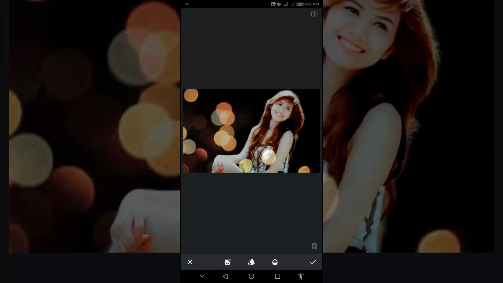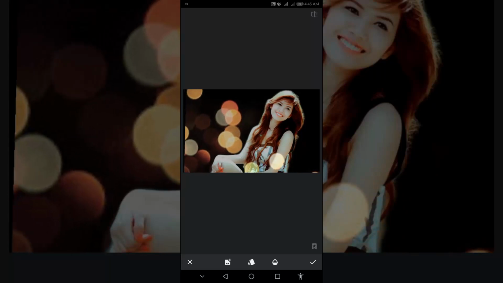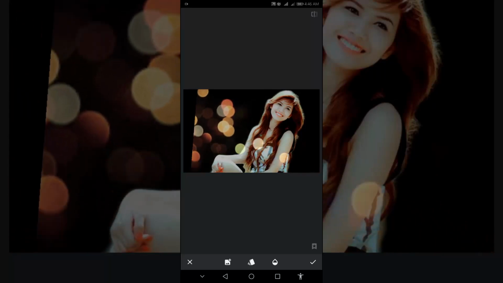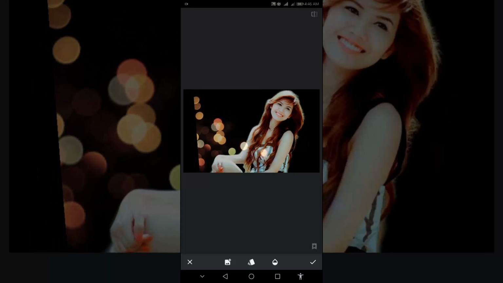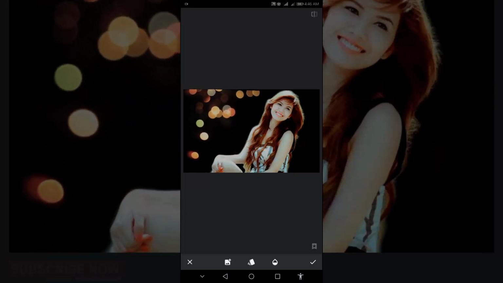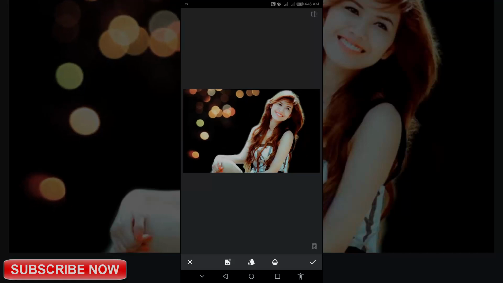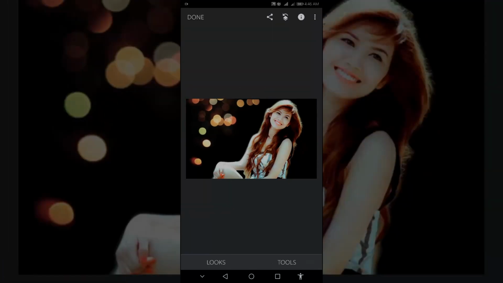Now adjust the image as the bokeh background of your photo. When you are set, tap the check mark.